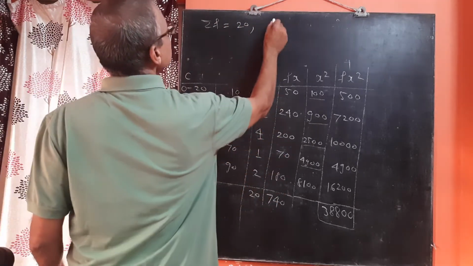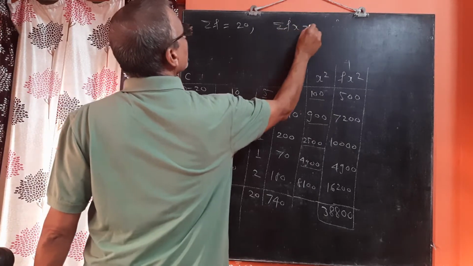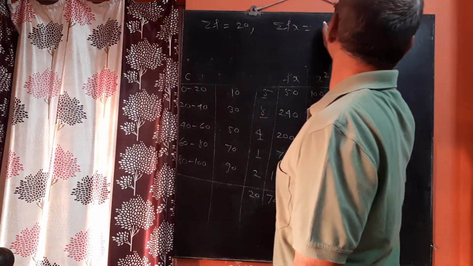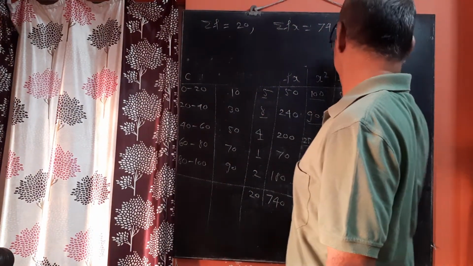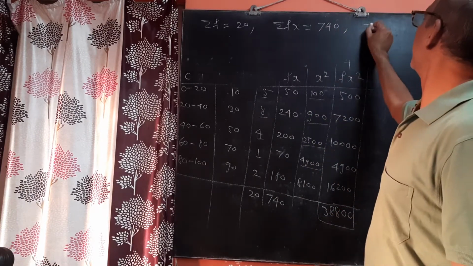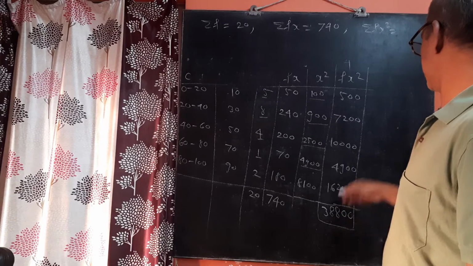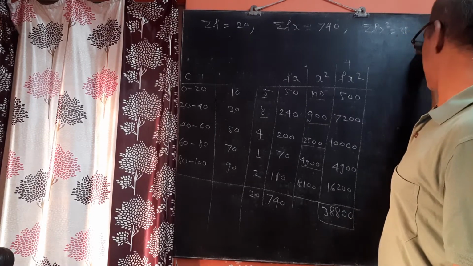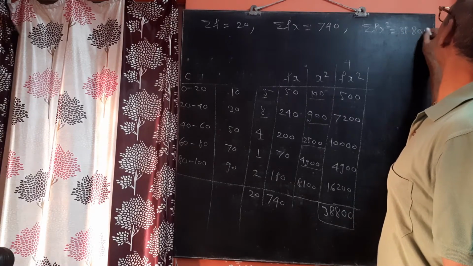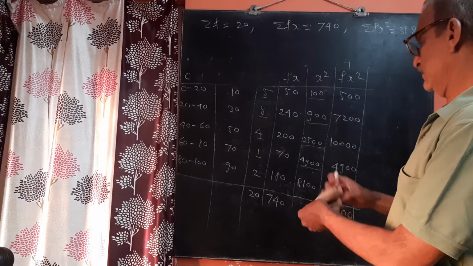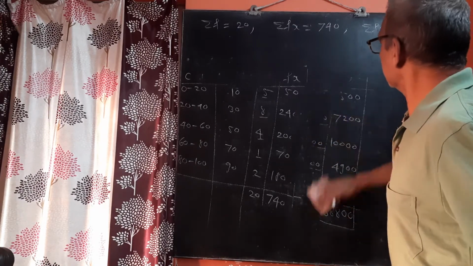Summation of fx is equal to 740. Then summation of fx square is equal to 38,800. So